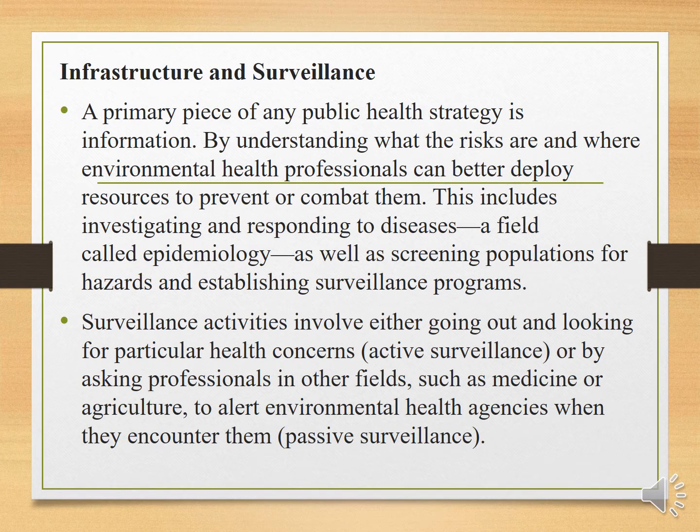Infrastructure and surveillance. A primary piece of any public health strategy is information. By understanding what the risks are and where they are, environmental health professionals can better deploy resources to prevent or combat them. This includes investigating and responding to diseases, a field called epidemiology, as well as screening populations for hazards and establishing